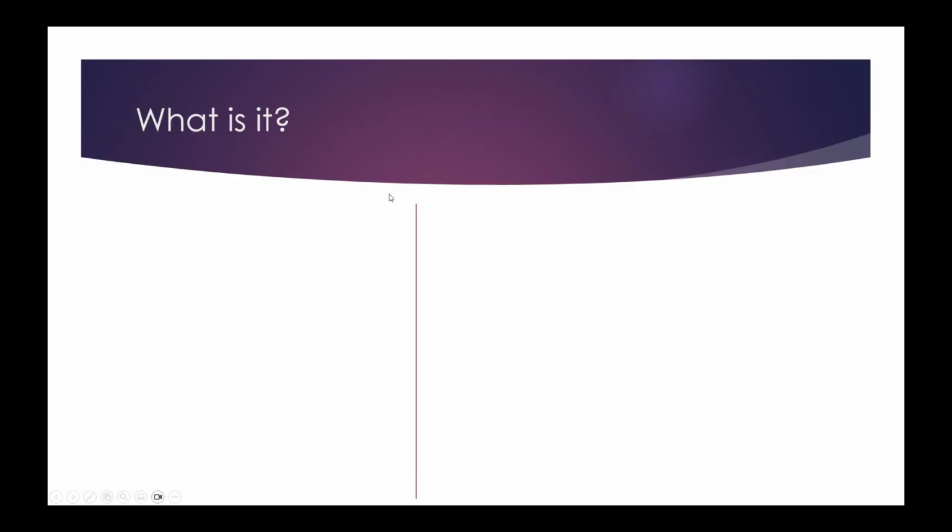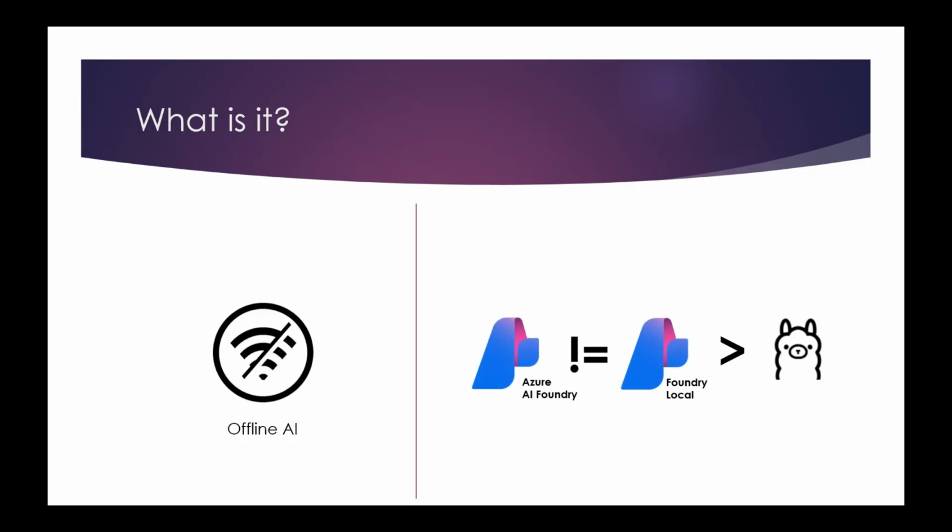So what is it? Well, first of all, it's an offline AI. There are other offline AIs out there, and the best known one is Ollama. Foundry Local is, in my book, bigger than Ollama. Right now, you can argue it's not. It's about the same: you have some kind of service you run on your machine, and it can download models on the fly and so on. Foundry Local can do exactly the same, and we will see a demo of that.